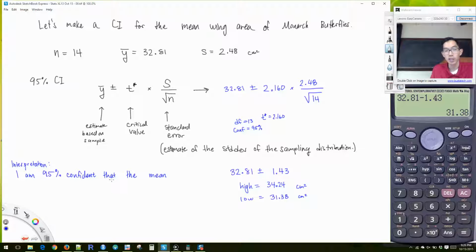So I would write, I'm 95% confident that the mean, and we're talking about wing area, so that the wing area of all male monarch butterflies, so, you know, I probably don't need to say this, but I will. So in the population,